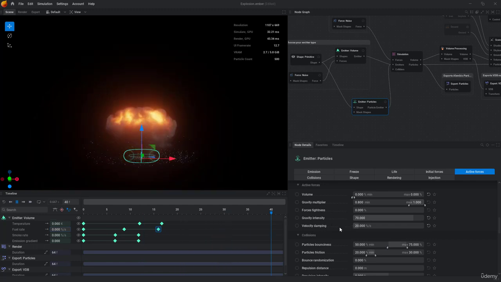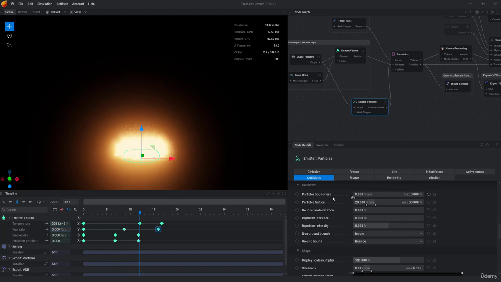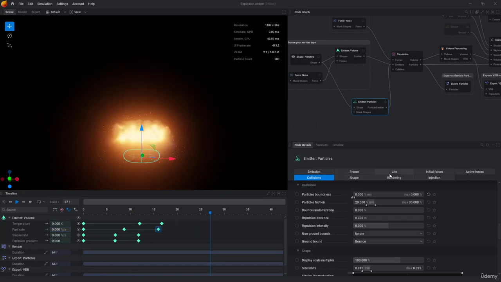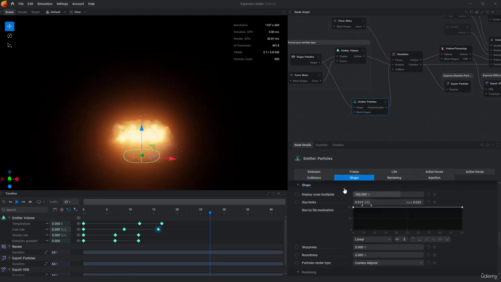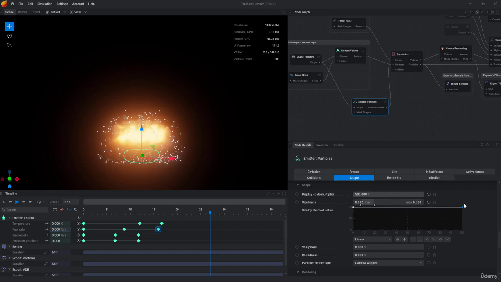You can see. And I like to go to the collisions. I don't like to bounce the particle on the ground. You can make it bounce, it's up to you, but I like to set that to 0. And now let's go ahead to the shape, and I want to make them bigger, and I like to add some variation to the size, and I like to make the size smaller over the life,